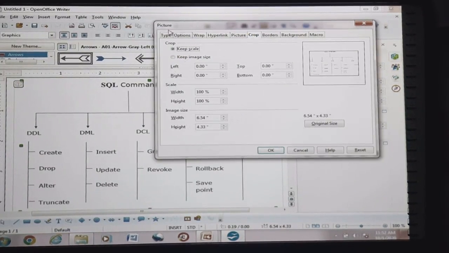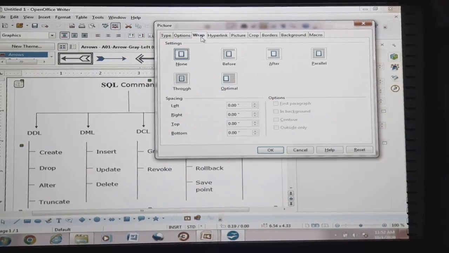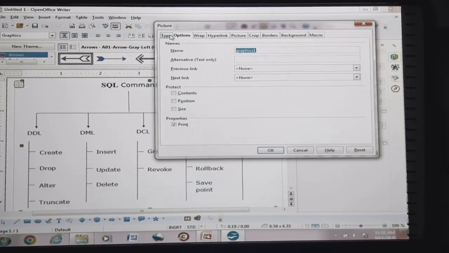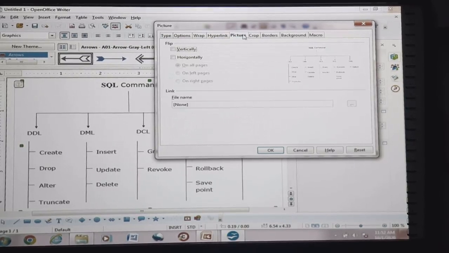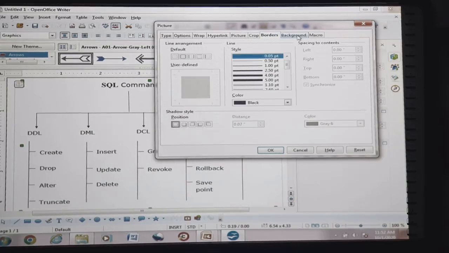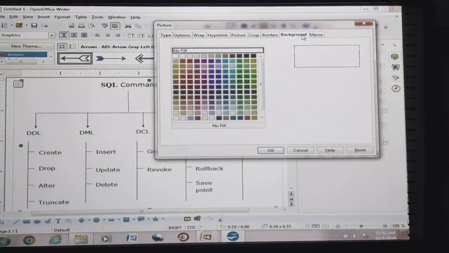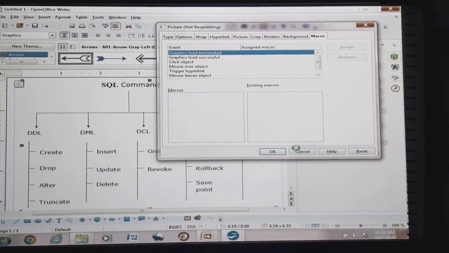So this is the picture dialog box. These are the different settings which can be applied. See, the wrapping option is available, correct? So this is also the picture dialog box. Cancel.